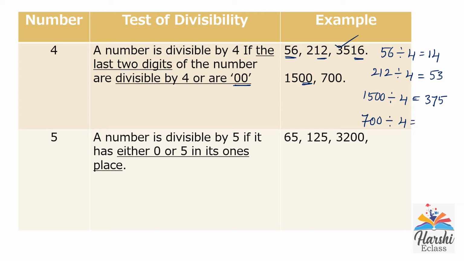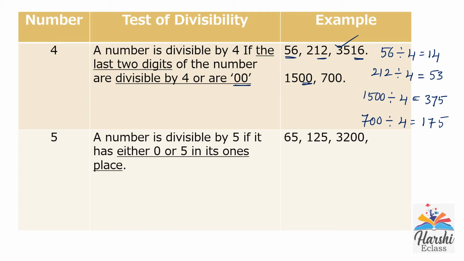Let's check. 4 ones are 4. 4 sevens are 28. 4 fives are 20. 700 divided by 4 is equal to 175. So the divisibility test here is we need to check the last two digits of the number, that is